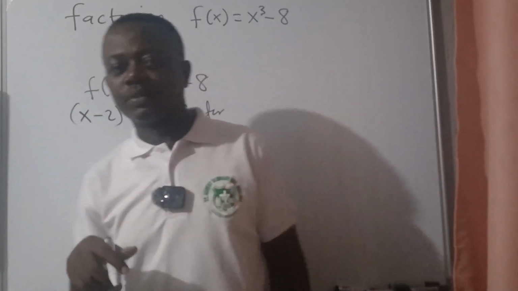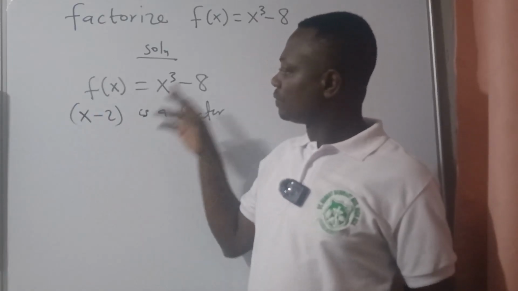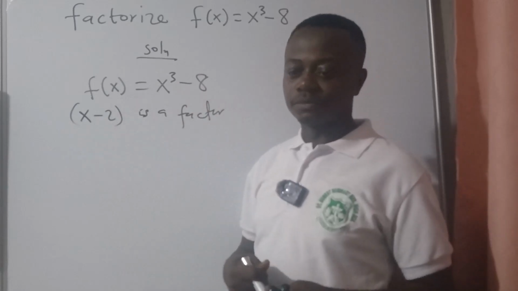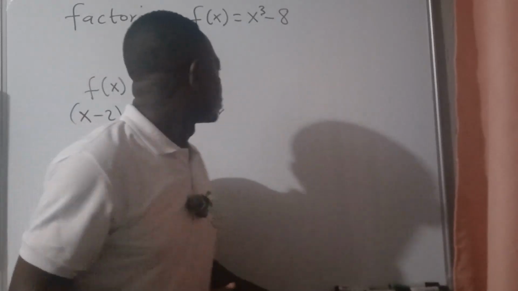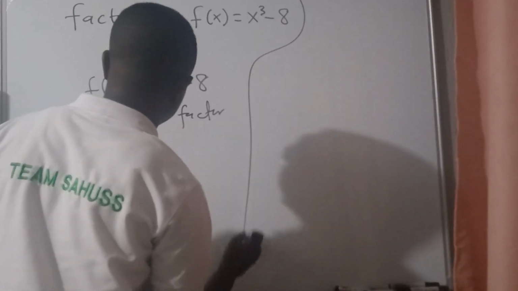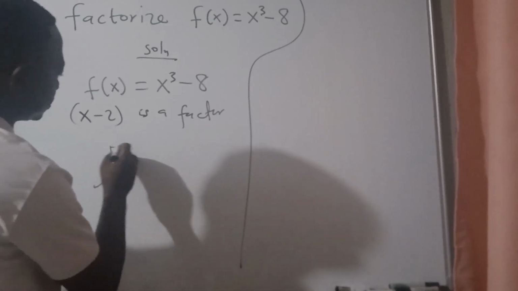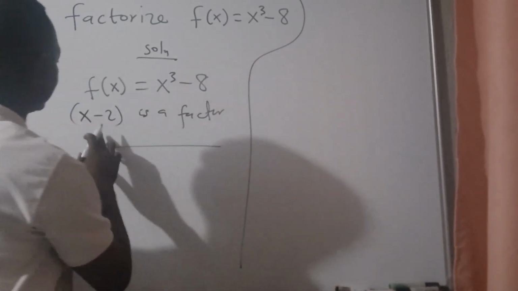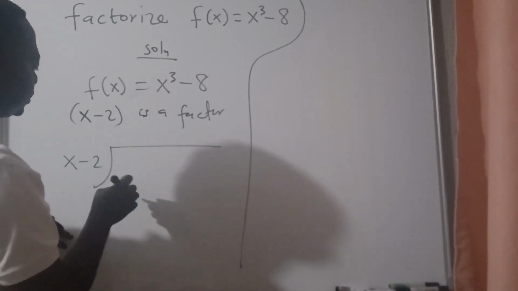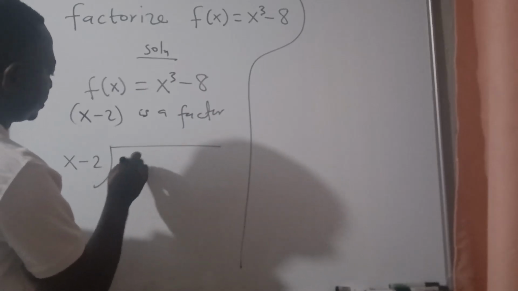Okay, now how do we get the other factors? Once we have the first factor, we can get the other factors by dividing this one by the first factor. So you go to the normal division. So let's observe that. Let's start from here. We are dividing this one by our divisor x minus 2, and our dividend, that is x cubed, but